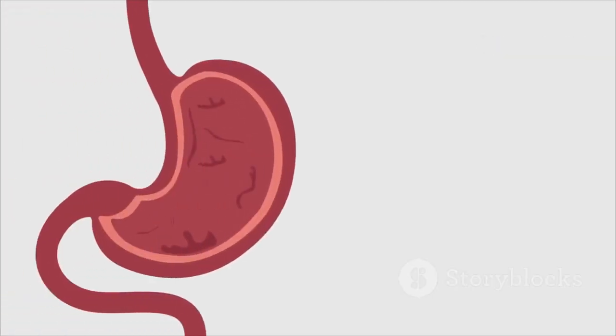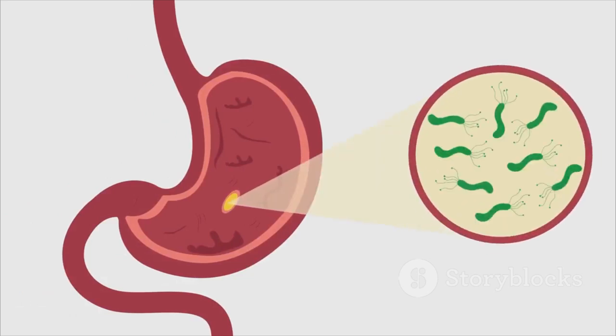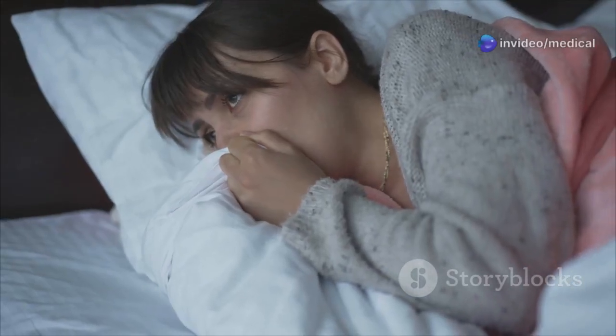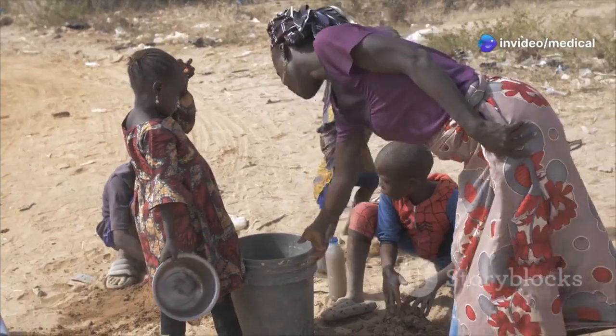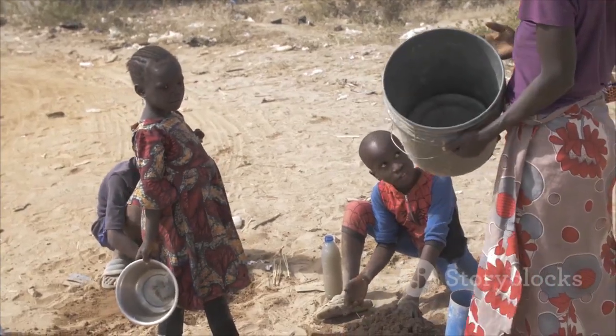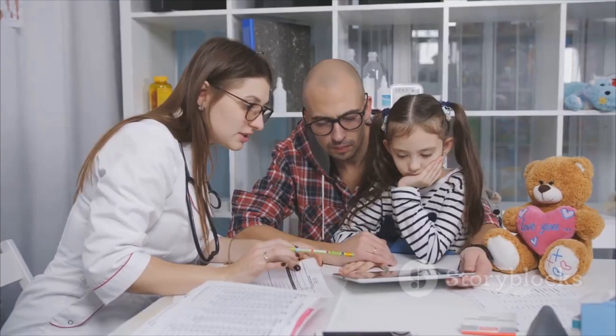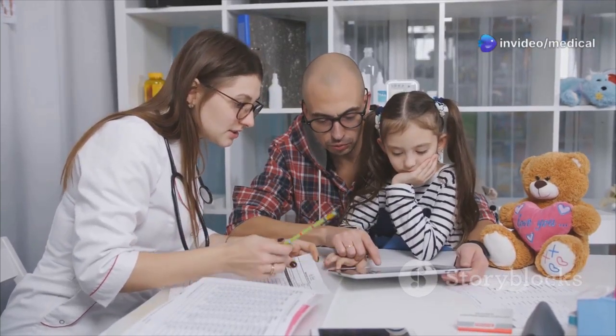When someone consumes something that has these germs, the bacteria can enter the body and start to multiply. This leads to the sickness we call enteric fever. It is a significant health concern in many parts of the world, especially in places where sanitation and access to clean water are challenges. Understanding what it is represents the first critical step in protecting yourself and your family from